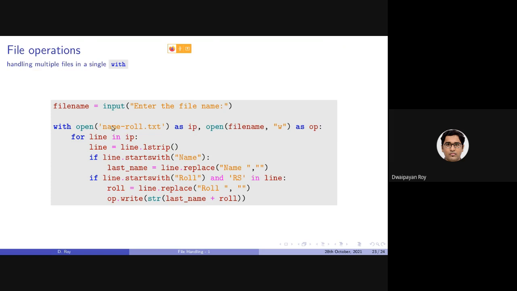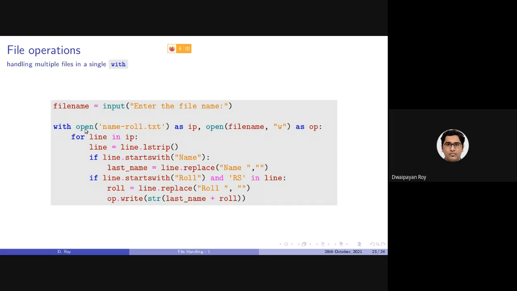So here we can specify multiple open statements in the with statement. In case your program needs to open certain other files as well, we can specify these open statements separated by a comma. Here, this as is working as an alias.